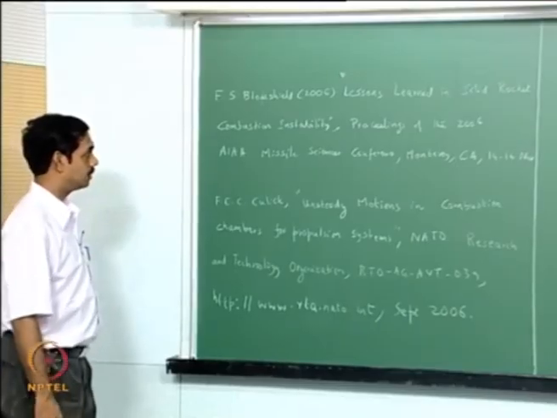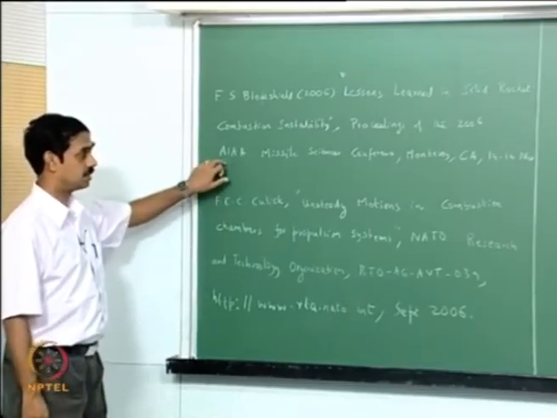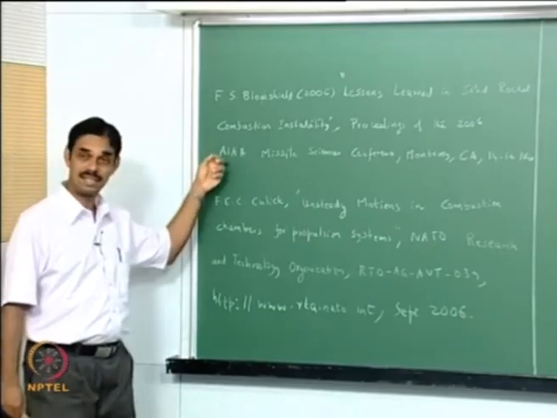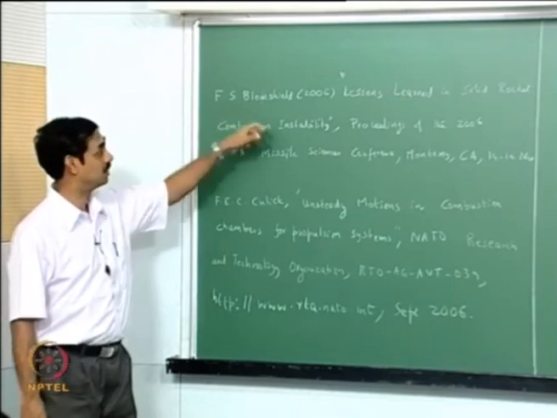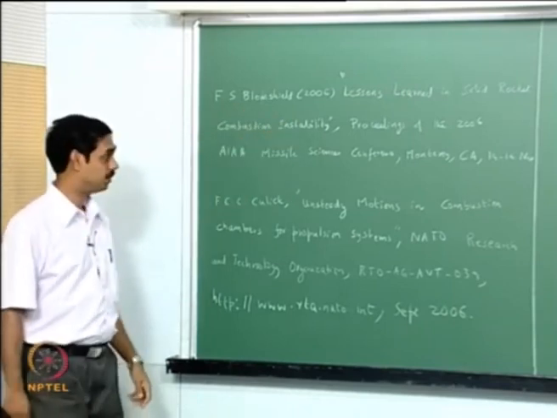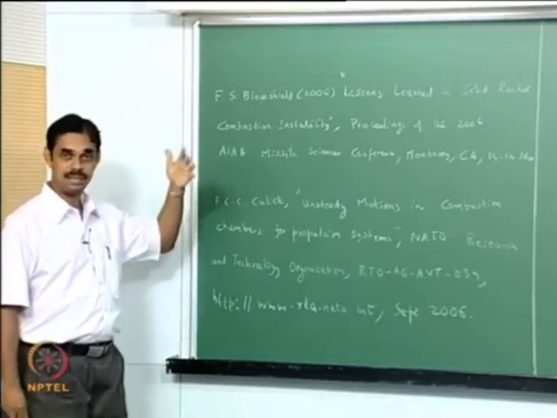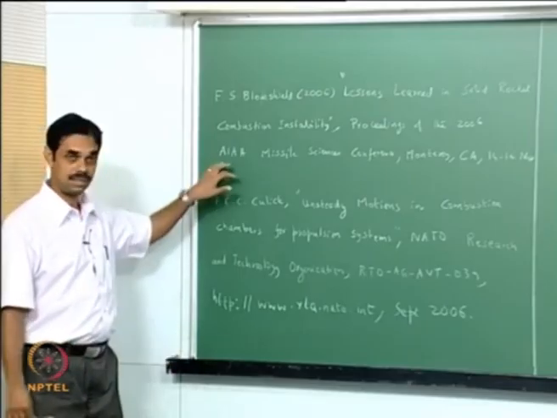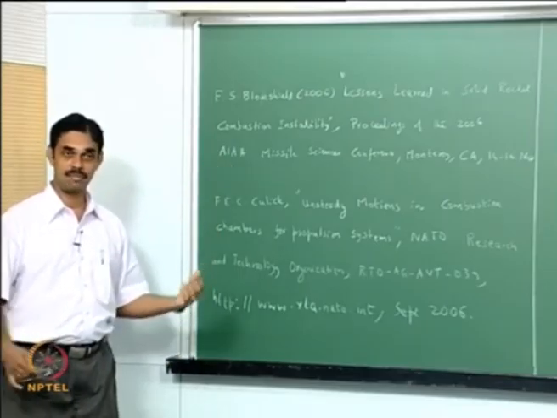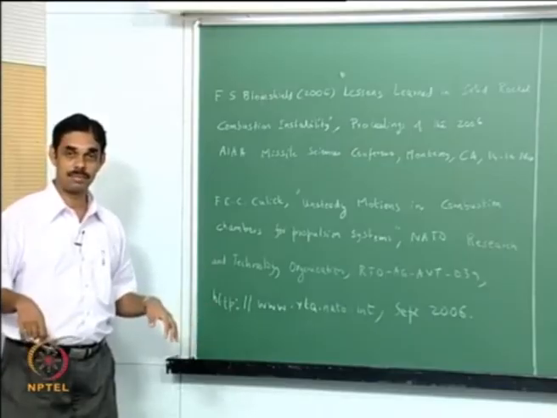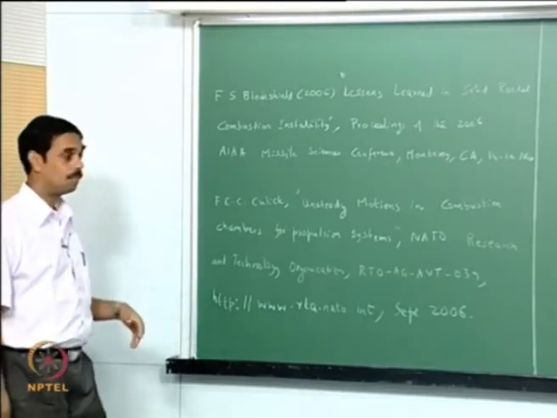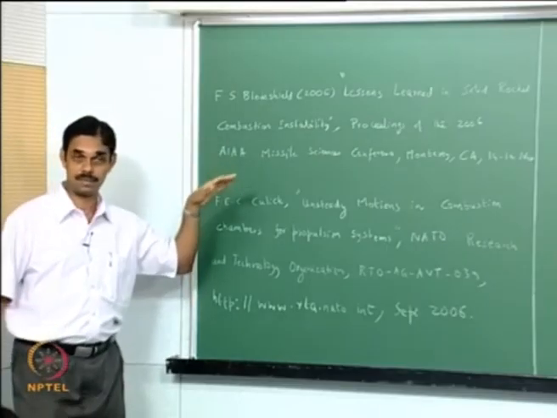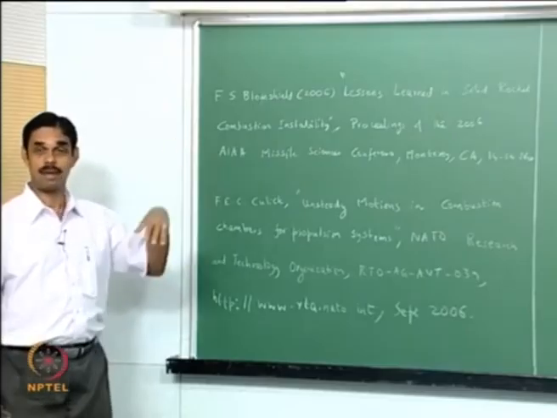It is in the proceedings of the 2006 AIAA Missile Sciences Conference, Monterey, California, and this article is on the internet, so if you just search for Blomshield and type one of these words, you should be able to get it. It's a very nice article, easy to read, and most of the things that I'm saying are from that. It doesn't give any great mathematical way to calculate these things. It just gives an overview and rules of thumb and so on, but it's an excellent reference, a lot of wisdom is distilled into it, and about 75 plus references are also given which will have all the details.